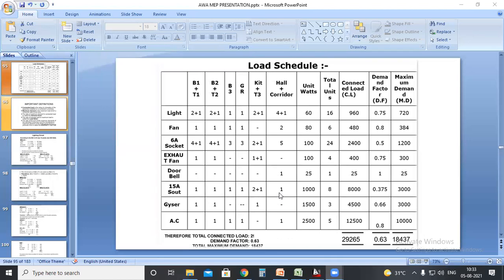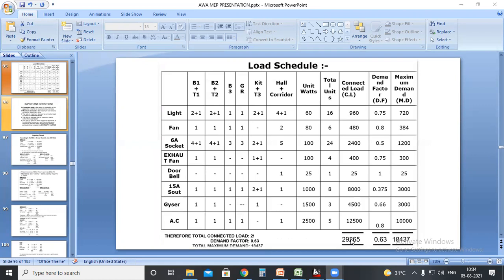Note it down: whenever we have a total load greater than 5,000 watts, we shall go for the 3-phase connection. That is the standard being followed here. In some countries, it is 7,500 watts. Here the load is greater than 5,000 watts, the total load is 29,000. Obviously, you would need a 3-phase connection. If the total load was less than 5,000, you can go with a single phase connection. Here it is 29,000, so you should go with the 3-phase connection.